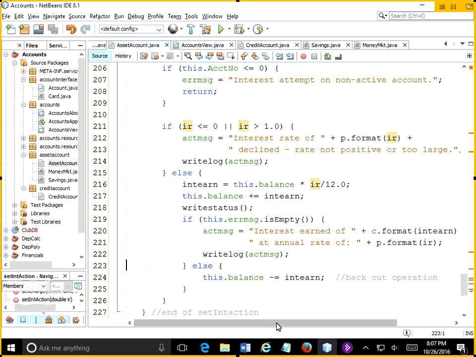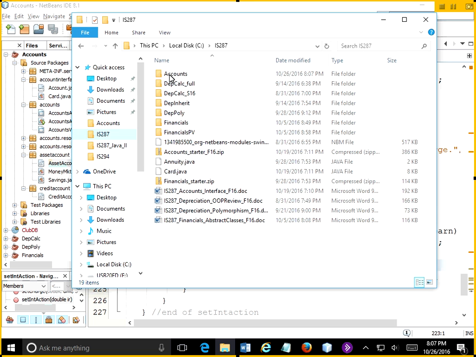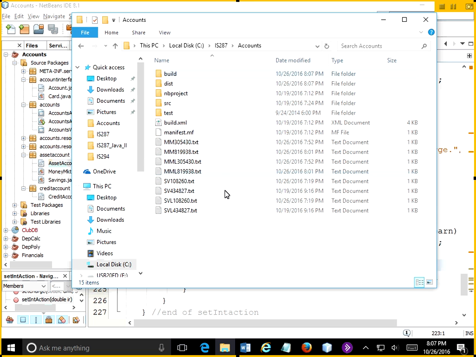And I should probably do another test run, but I'm fairly comfortable with this now, and I'll test it without having to put it on the recording. Because if we go out and look at that money market account that we just built,